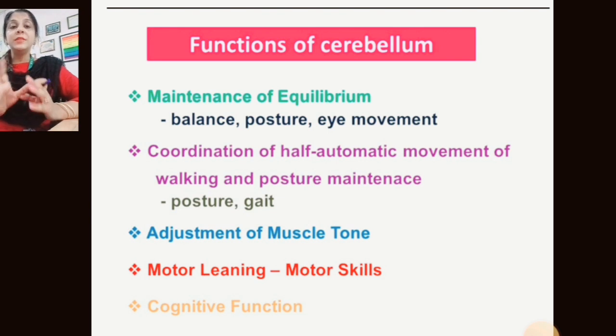So based upon that, if all components are there, tone is maintained by the spinocerebellum and the cerebellum coordinates the movement by proper planning and programming of that particular movement. So proper skill or learning can be achieved with the help of the cerebellum. The next important function is cognitive function. Cognitive is the thinking. Programming is done by the cerebellum, but cognition and awareness are done by the frontal part of the brain.